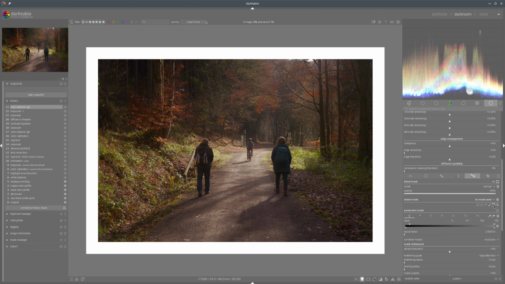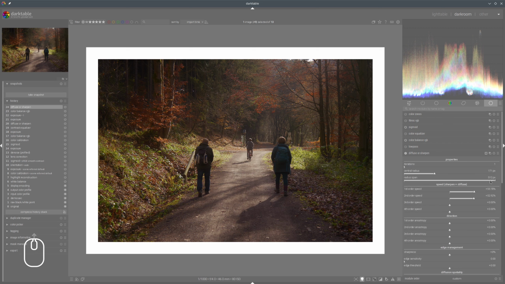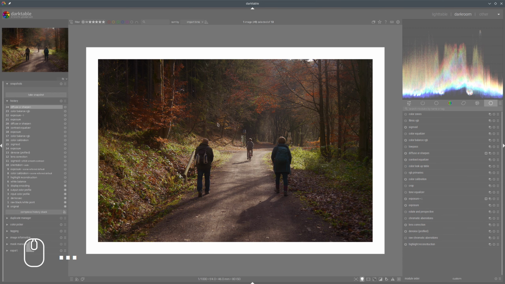We can also use a gradient. And let's say let's start here so that we don't diffuse the bottom part of the photo. So we have a natural transition. You can see now only this part had that diffusion, and that improves the look of the photo quite a lot. What we also can do,